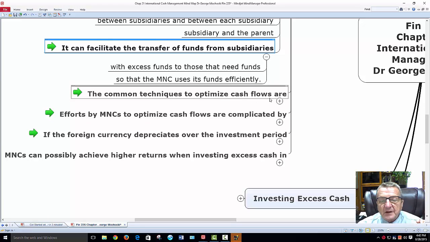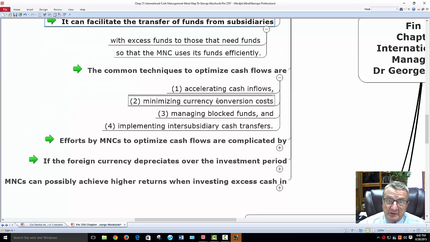Okay, the common techniques for optimizing cash. What are they? Accelerating cash inflows. How to get more in. Minimizing cash conversions. Right, I bring it in because I know there's going to be inflation going on, or I want to move it out, or I bring it in because there's going to be a restriction of money going out. So I have it in advance, but I'm still keeping it someplace there. It's just more available and may not make as much money, but I know there's going to be an issue either bringing it out or bringing it in, or some rules change and I can't get out in time because I needed it. So let's maximize it.